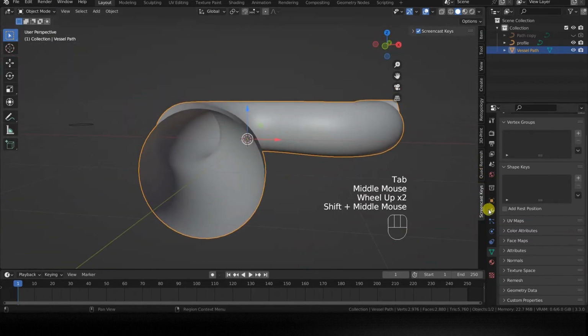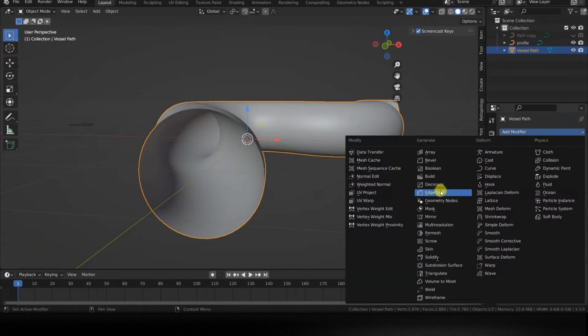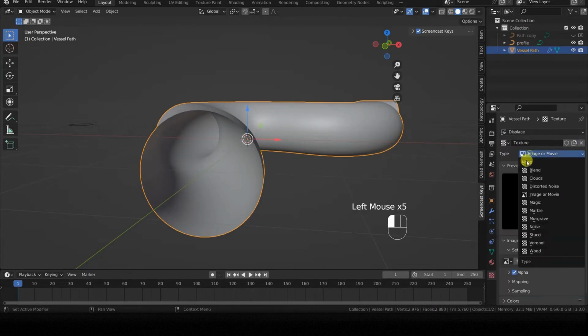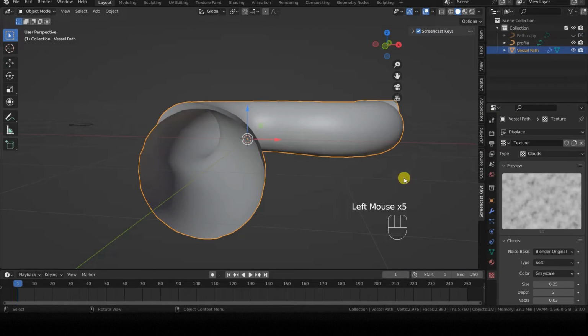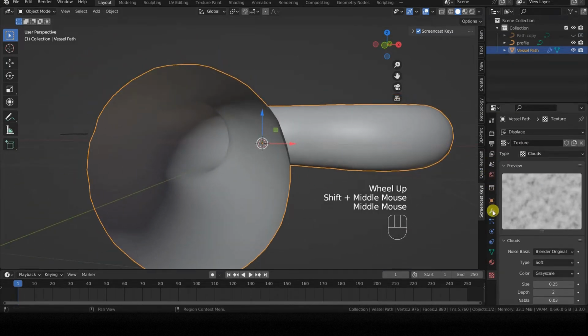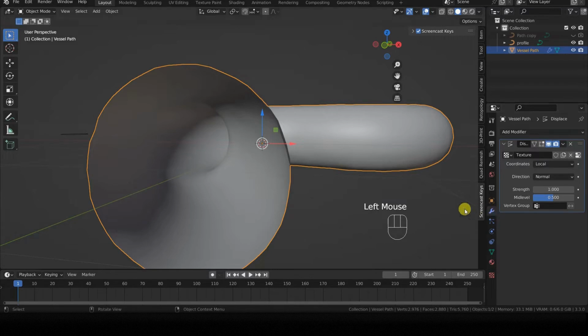Next, I add a displace modifier to the object, specifically setting a clouds texture with a low scale to introduce many distortions. However, the effect is disappointing. This is due to the fact that the mesh obtained from the conversion is not dense enough, i.e., it has few vertices and faces to deform.